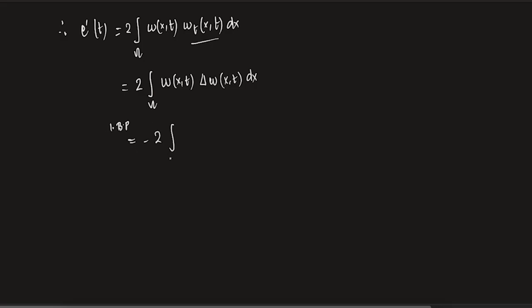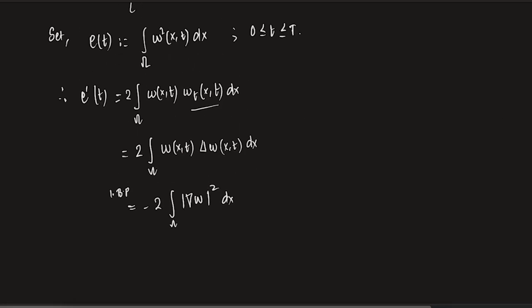So that will give you integral over omega gradient of w square dx. Clear? Because you see, this is w and that is the integration, it will give you a gradient of w square. One derivative will go here, it will gain one derivative, it will lose one derivative, that is becoming this, and there is a boundary term. What about the boundary term?